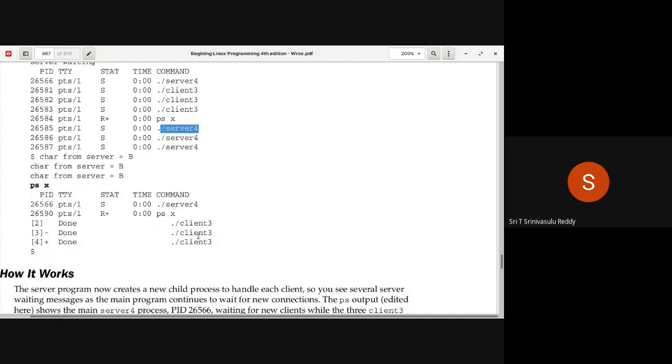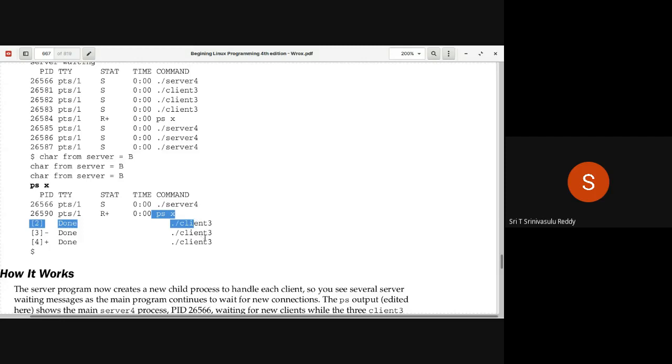It's very simple. After some time, all these 3 server 4 programs will naturally be closed after attending to these 3 client requests. And after some time, this is the output, where the main server 4 is still running in a while loop, and PSX is the only thing.